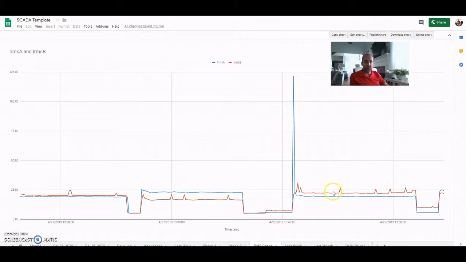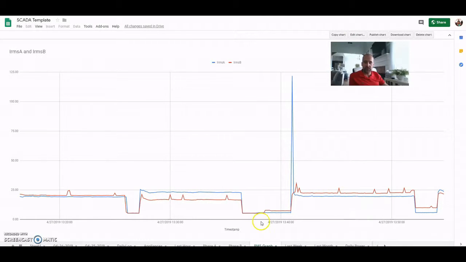For example, here is just sort of a visualization of our RMS current on each phase. You can see where both lines go up. That's the air conditioner cutting on and off. Just one of them is going up. That's a 120 volt appliance turning on or off. So then you can make